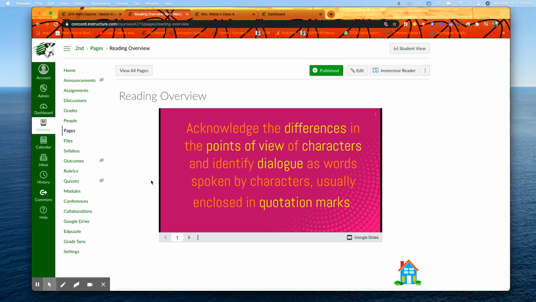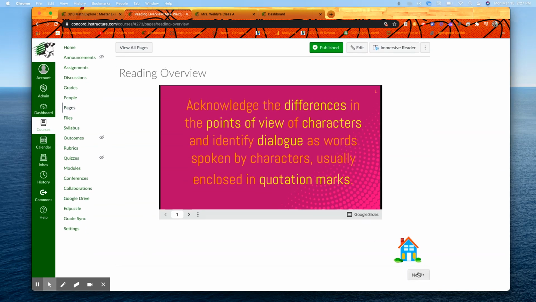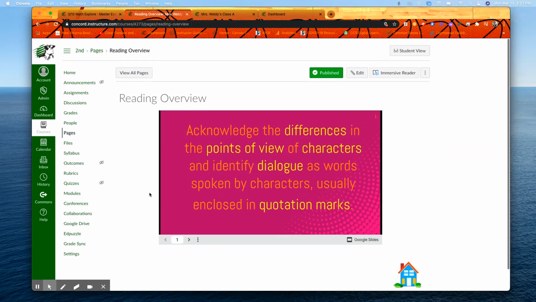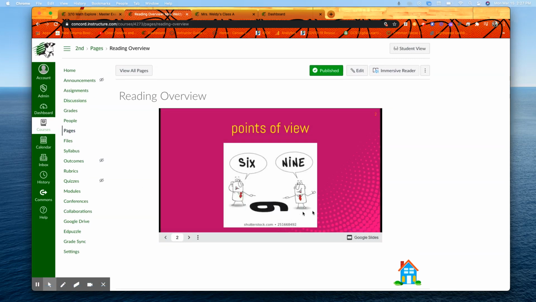And I might even give them the choice to follow along on their Chromebook or just follow along on the smartboard with me. And then they have the option to go on to the next activity below the little house, or they can go home. And if they go on to the next activity,